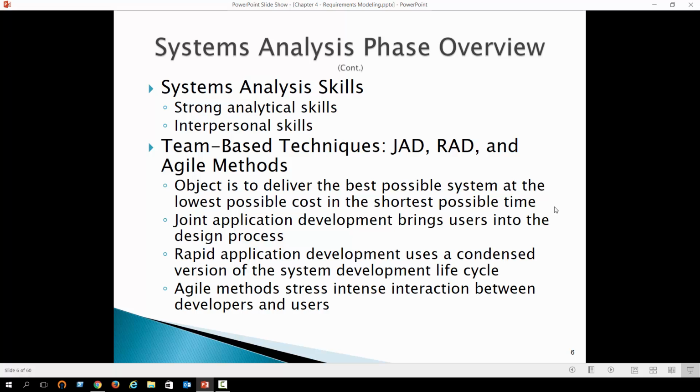You know, we talked about the fact that the systems analyst needs to be a translator. Well, interpersonal skills are involved because a lot of times we get multiple people with multiple opinions, and we're the one that has to be the person in the middle that kind of calms the whole storm, if you will. The fact is,